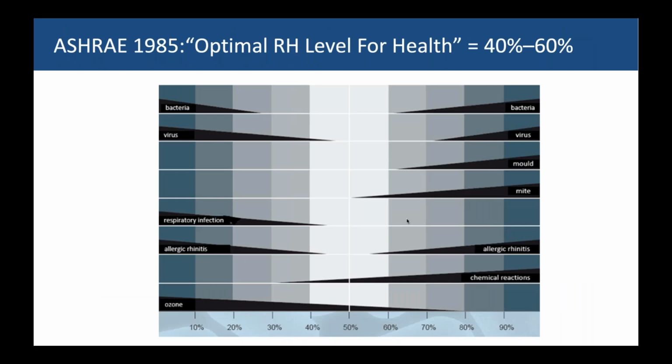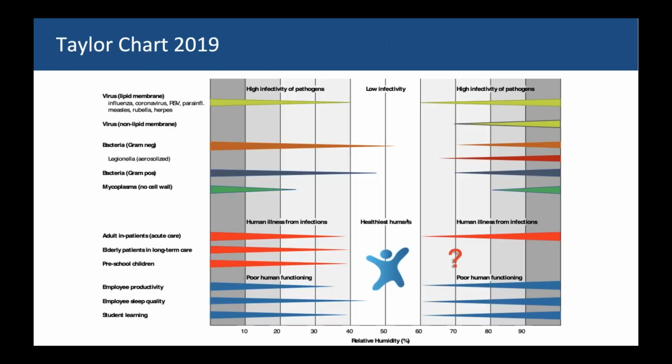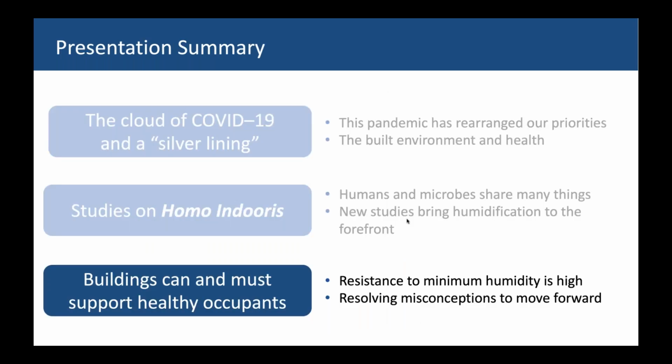You might recognize this. This is the Sterling-Avondale graph from 1985. We've known for quite a while that this 40 to 60% sweet spot exists, where infections are diminished and human health is optimized. And if you take all of the data with the new testing techniques, with computer data analysis, we're still seeing this sweet spot, 40 to 60%, that's very protective to humans. So what do we do? We must move forward and design and manage our buildings and our HVAC equipment to support this